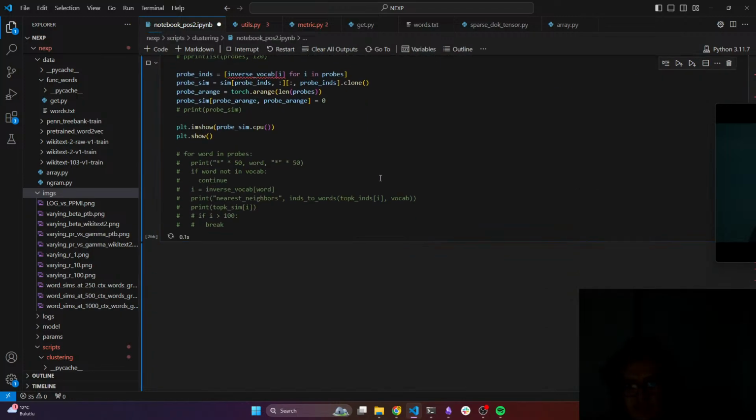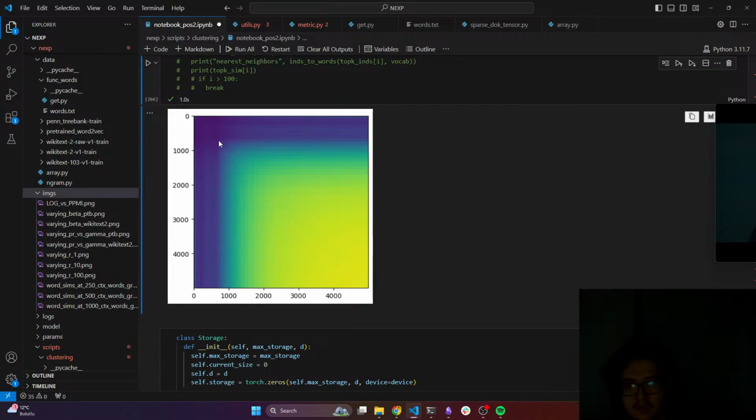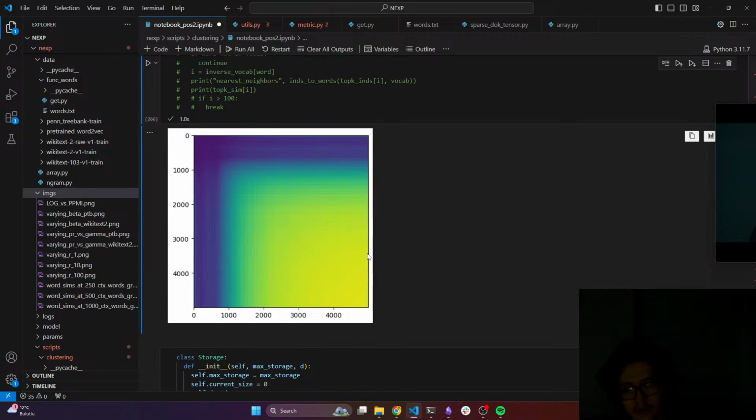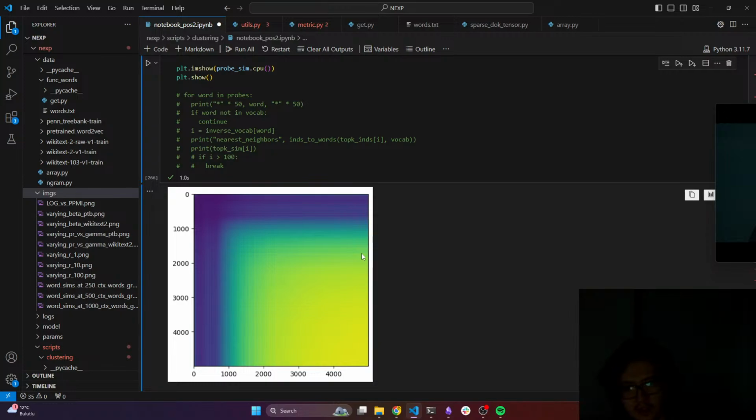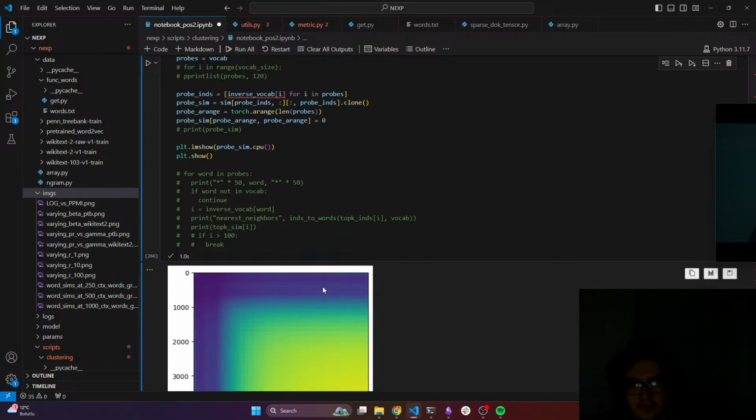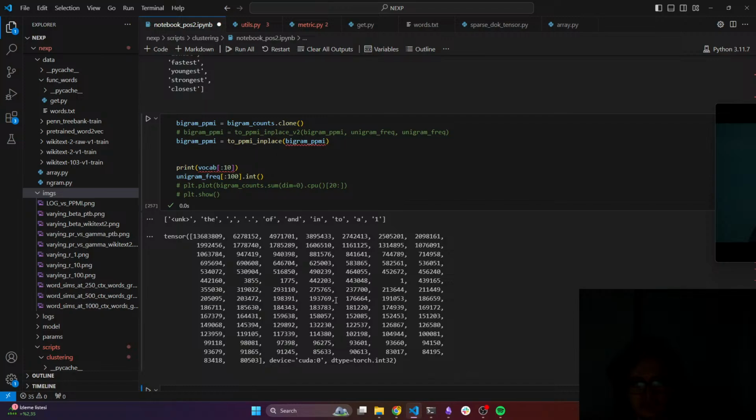But if I increase the context words, then this region becomes a lot more self-similar. Now what if we use less context? The more frequent the word is, apparently, the less context you use, and the higher similarity they would be. Why is that? It kind of makes no sense to me. It's like all words are similar to every other word. That makes no sense.